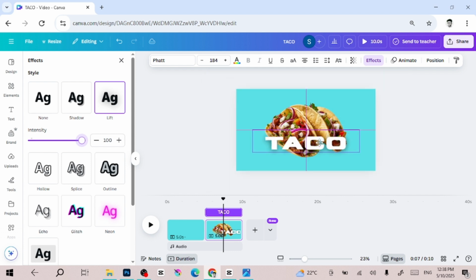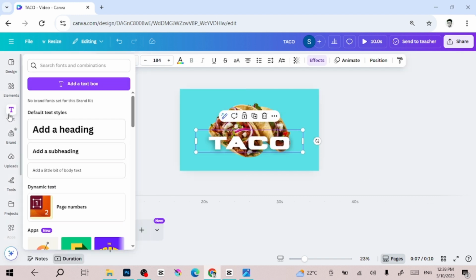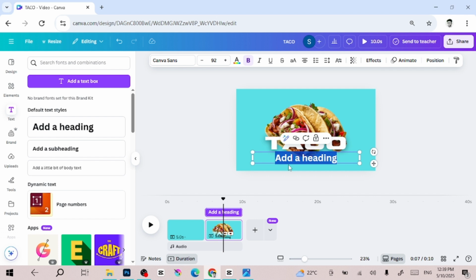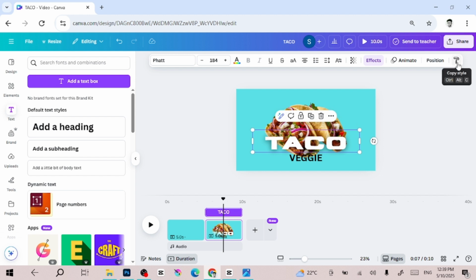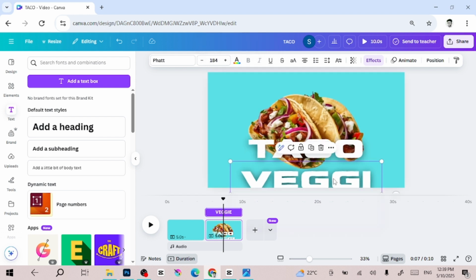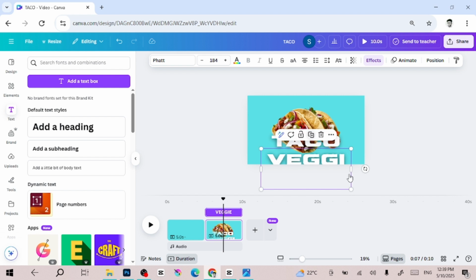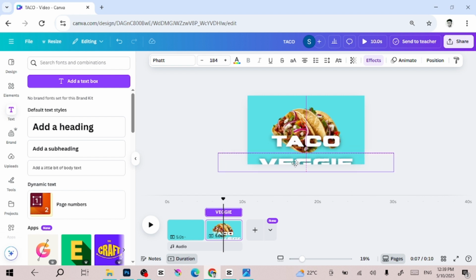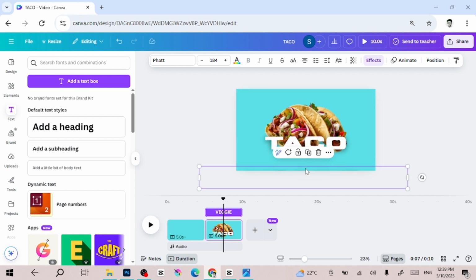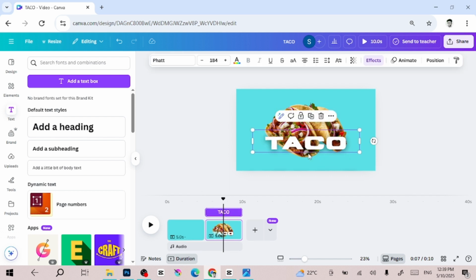So I will also add another text, and I will write Vicky, and I will copy this style from this word or this font, and I will make here. So right now I will hide these two words, taco and Vicky, but before that I have to check this. Yeah, I will hide it and keep just this transparent side. So also I will do the same to this,